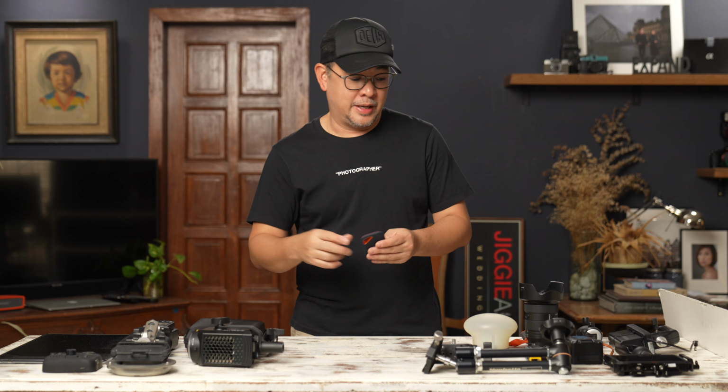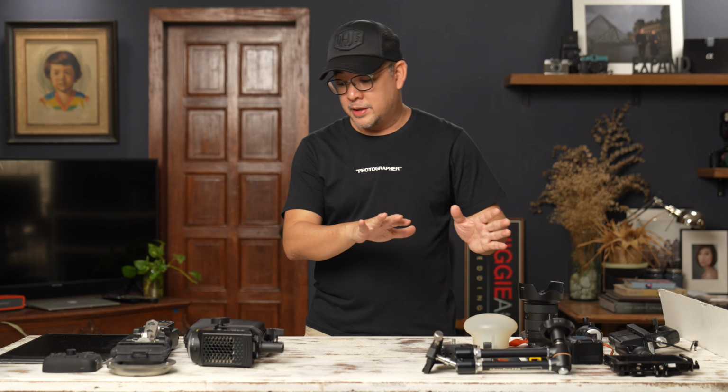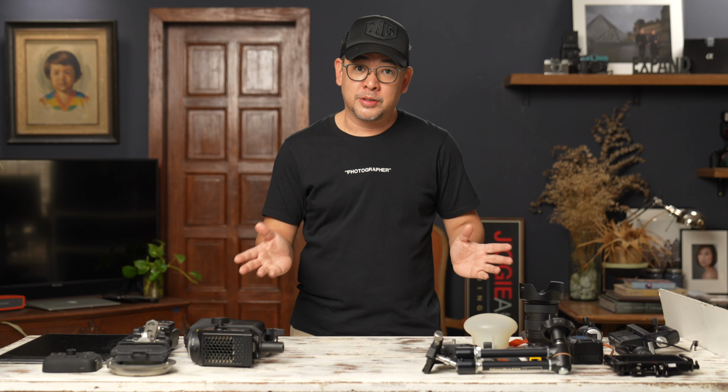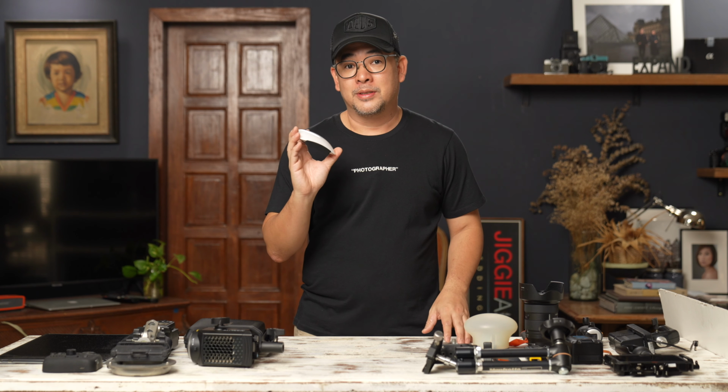It just works really fast. I love this one. Now, since we're transitioning towards computers already for post-production, let's talk about this particular mouse or